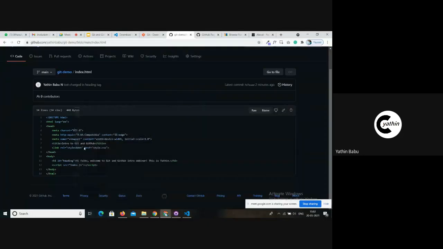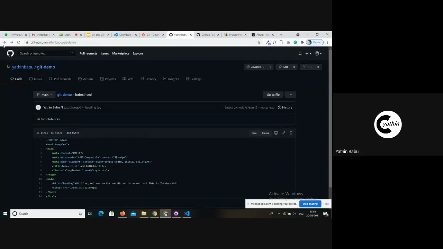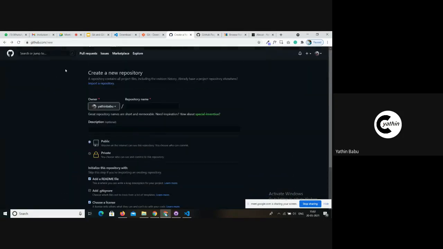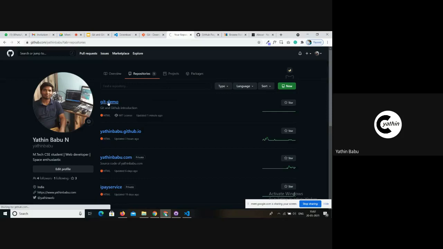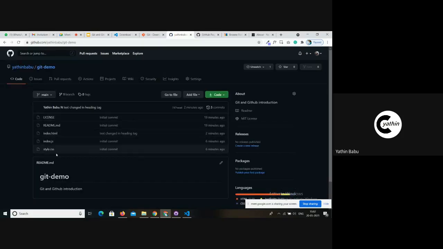The same things will be present in the remote repository also. That's the way of handling projects with the Git version control system.